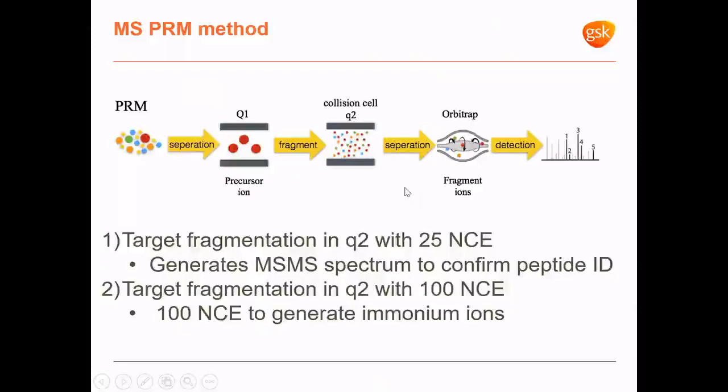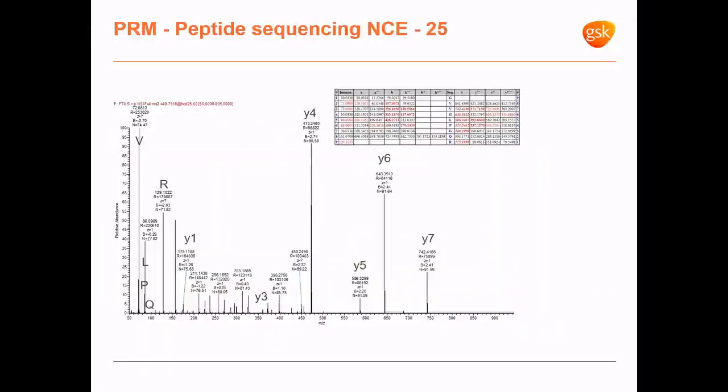Now, the method that I've been using is a little complicated, but it's a PRM targeted assay on an Orbitrap, where we do 2 scans per target. The first scan is at a standard, low energy fragmentation, to generate a peptide ID and do a peptide ID confirmation. And then the next scan would be with 100% NCE for the fragmentation energy, generating the ammonium ions. That can be used again as reporters for this isotope incorporation and new protein synthesis.